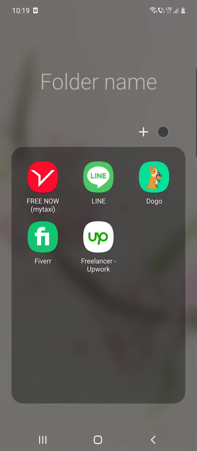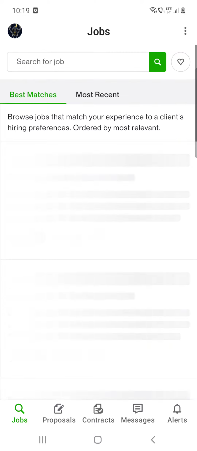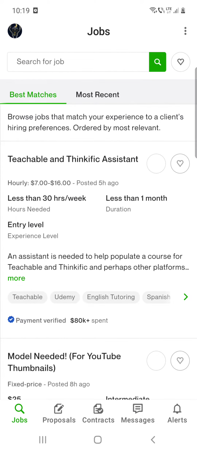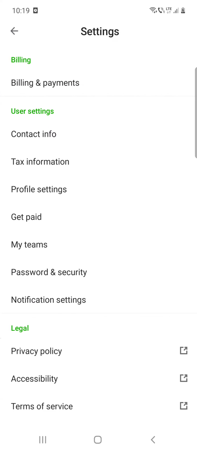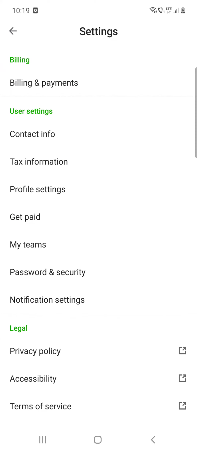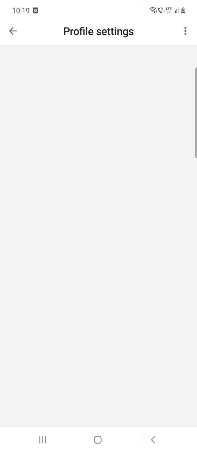So first open the app and then go to your profile, which is at the top left corner. Then click on the settings, and then you can see the profile settings option. Click on that,